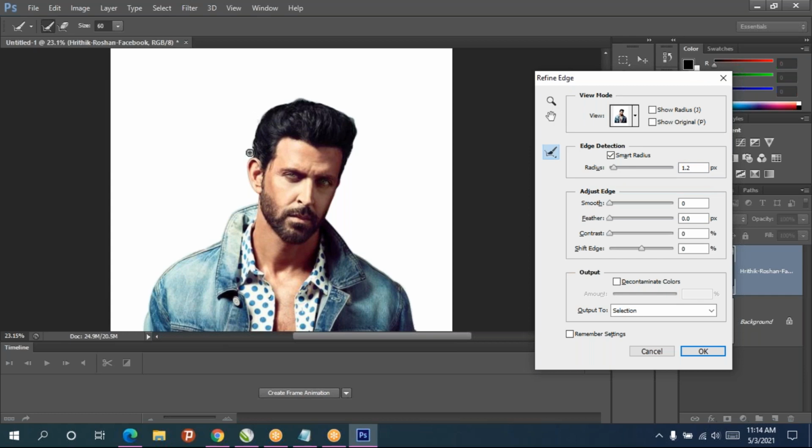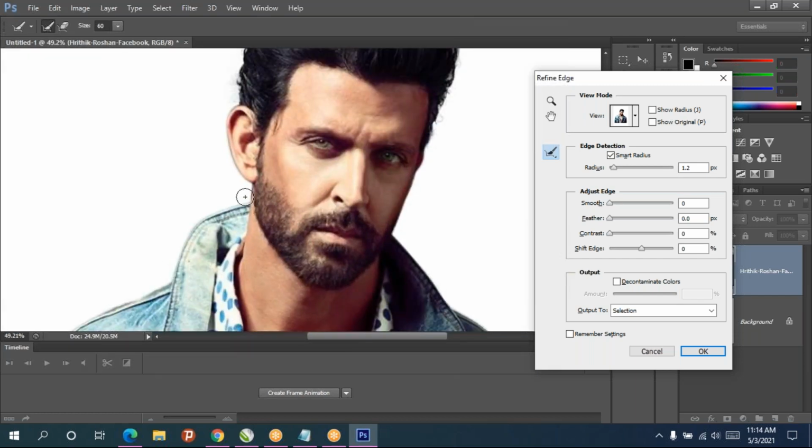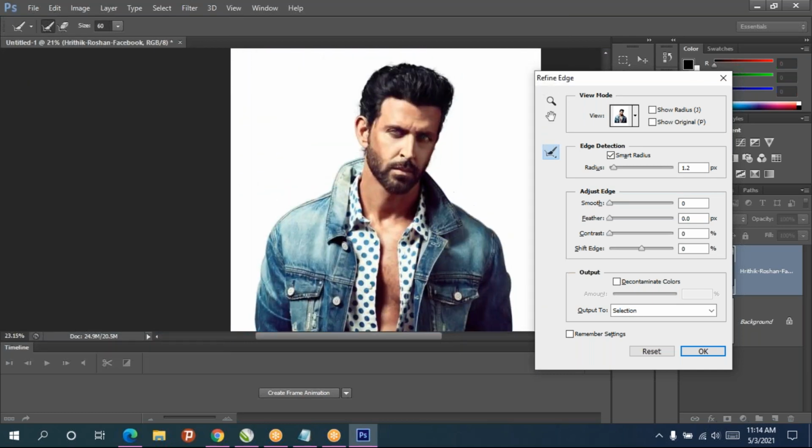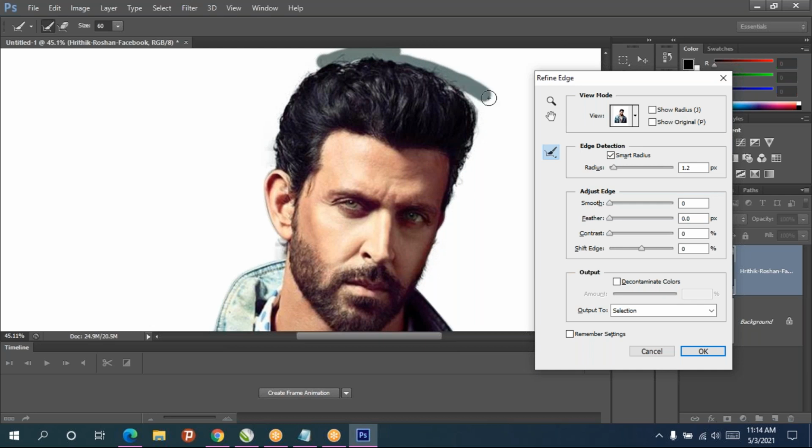Increase the brush size by the square brackets, and give OK.